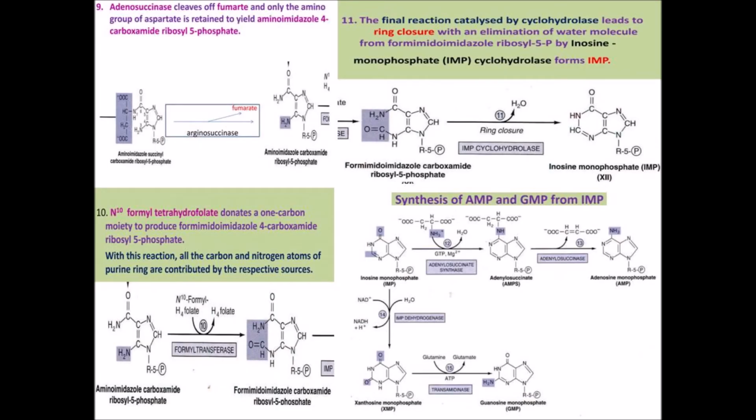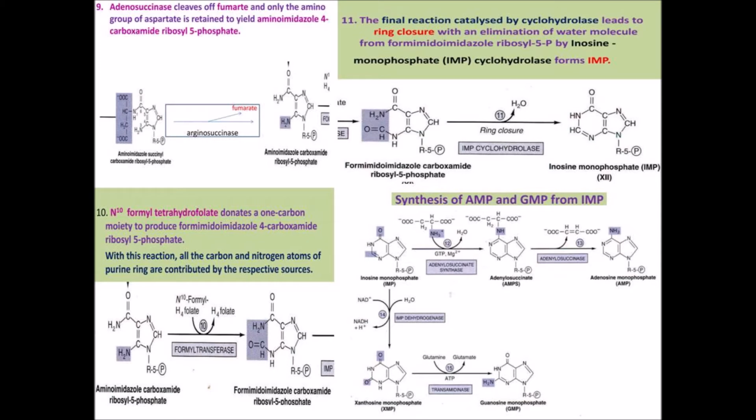5-phosphate. In the ninth step, adenylosuccinase cleaves off fumarate and only the amino group of aspartate is retained to yield aminoimidazole 4-carboxamide ribosyl 5-phosphate. In the 10th step, N10-formyl tetrahydrofolate donates a 1-carbon moiety to produce formamidoimidazole 4-carboxamide ribosyl 5-phosphate. With this reaction, all the carbon and nitrogen atoms of the purine ring are contributed by the